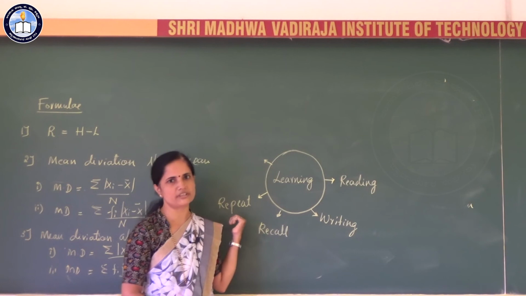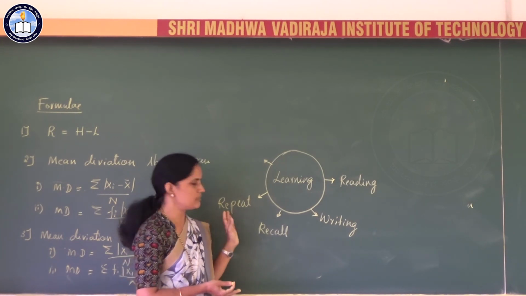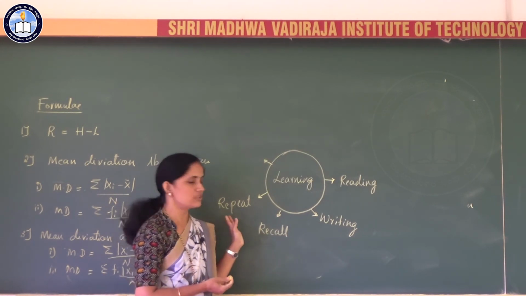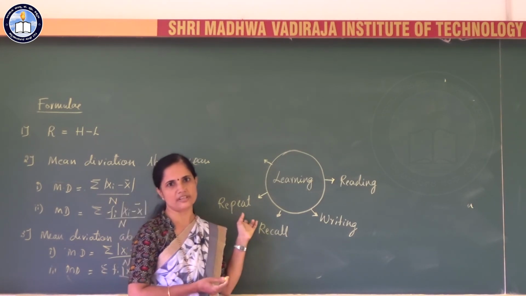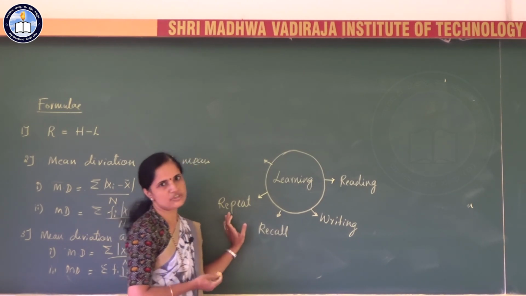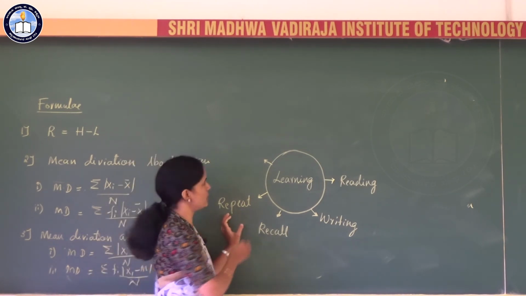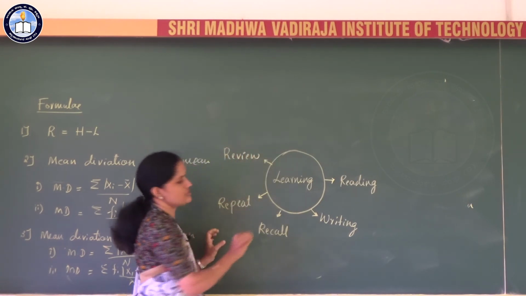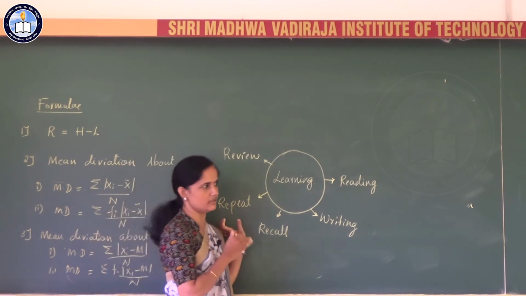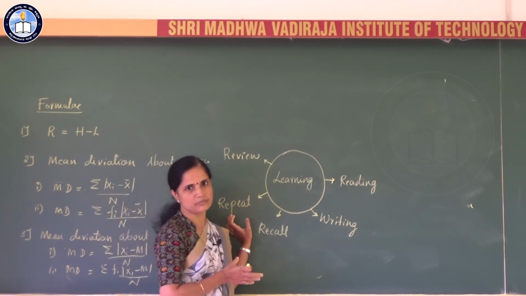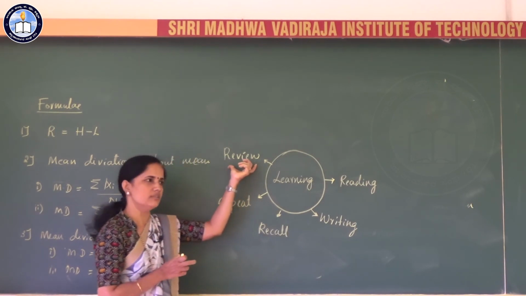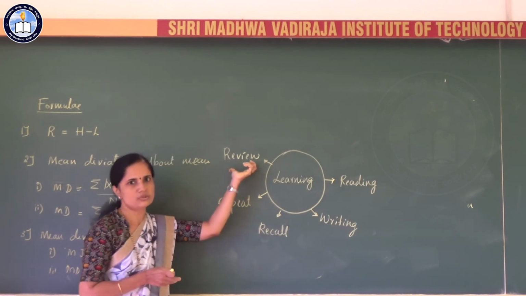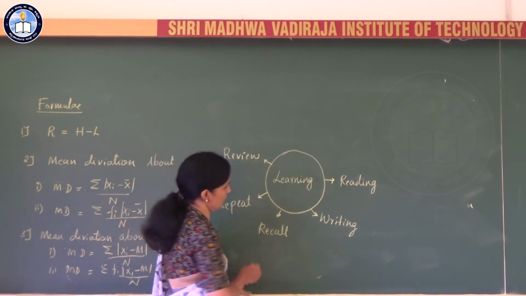You will read one subject for a week and close that subject, and you will start the next subject, and you will not bother about that closed subject for a week or for a month. So that fades your memory. Please remember that. After the completion of reading, at least for a week you must review that subject. Therefore, after the completion of each subject, at an interval of a week, you must just review what you have read, so that you may remember it for a long time.